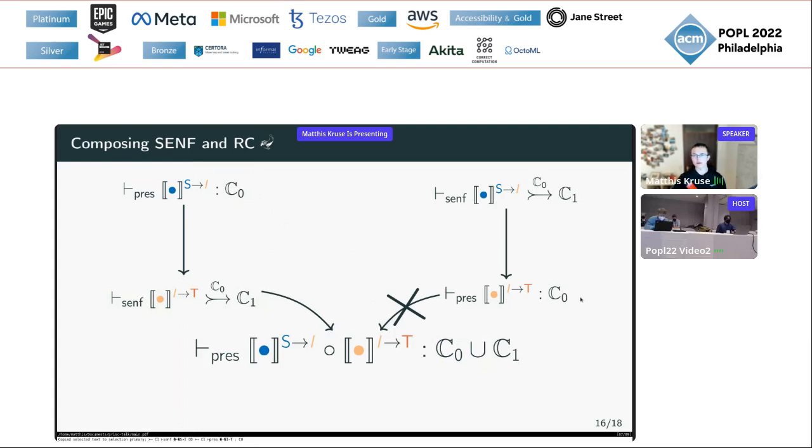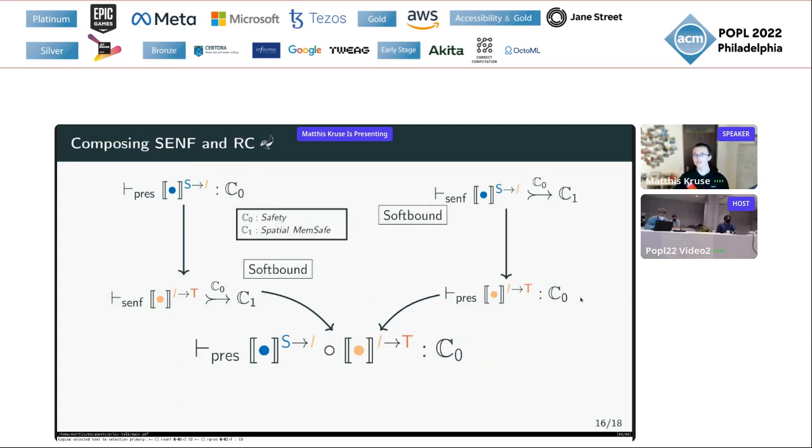But for now, let's say our secure enforcement is, again, SoftBound, and our classes are, for C0, all safety properties, and C1 is a singleton class which contains the property of spatial memory safety, which SoftBound tries to enforce. Here, the diagram works out, and the union goes away, since we know that C0 is a superset of C1. However, if C0 is not a superset, for example, now take temporal memory safety, the robust compiler that preserves C0 might annihilate what SoftBound has done. It might, as an example, use an auxiliary array and, while preserving temporal memory safety, perform accesses to this auxiliary array that are out of bounds.